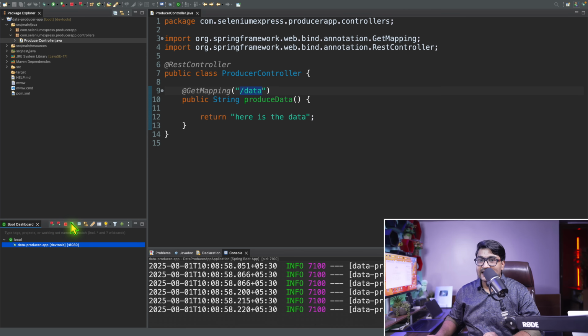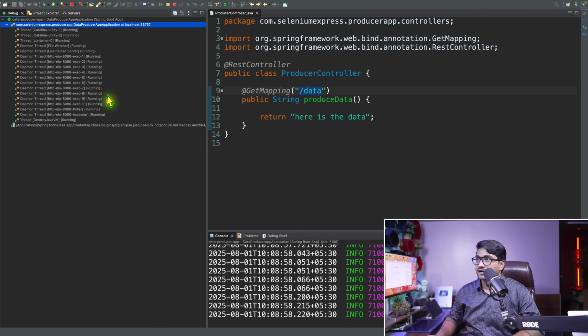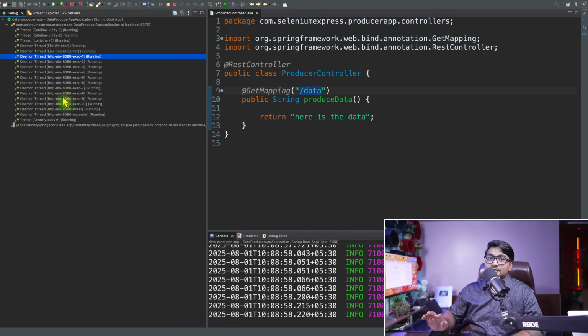And I want to analyze what is actually happening under the hood. So I will switch to the debug perspective and I will click here on debug. Now, as you can see, here are the different threads which are running over here, right? And we're going to be finding out our server threads which are running, because here we can see a lot of threads are running. Maybe a few of them are Java threads and a few of them are created by your Tomcat